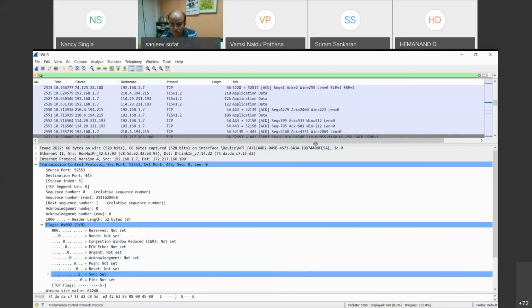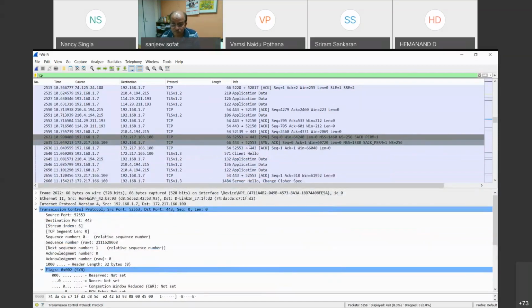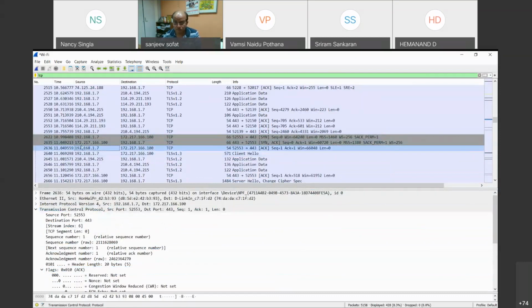Then, in the next packet, the server has sent a SYN acknowledgement. This is what happens in a three-way handshake. And then next, my system has again sent a segment with the acknowledgement flag set.